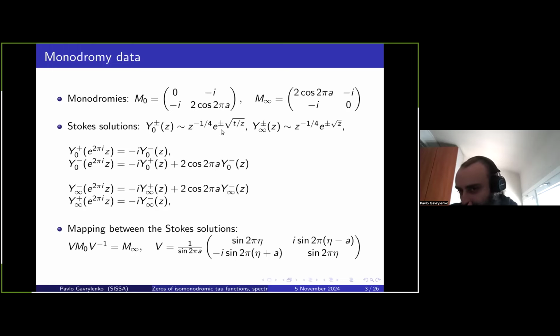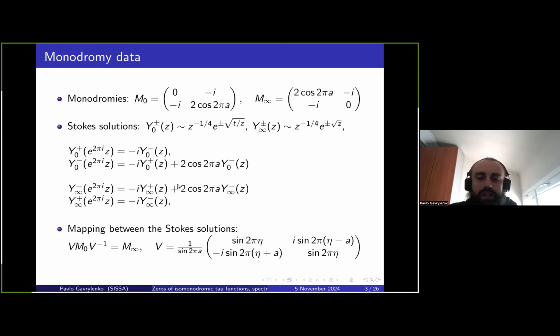So there is a dominant and a subdominant solution at each infinity. And if I compute analytic continuation around 0 or around infinity for this pair of solutions, the one which should become subdominant, in the sense of decaying exponentially, is defined uniquely, and the one which becomes big is defined up to